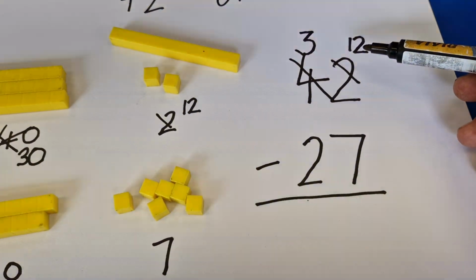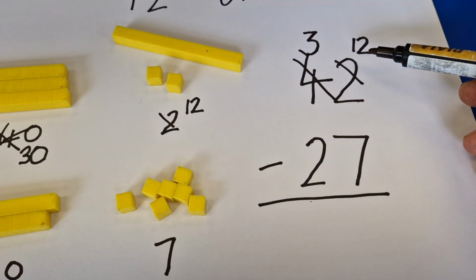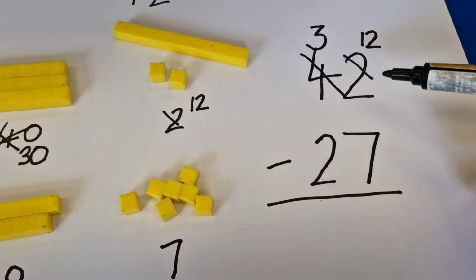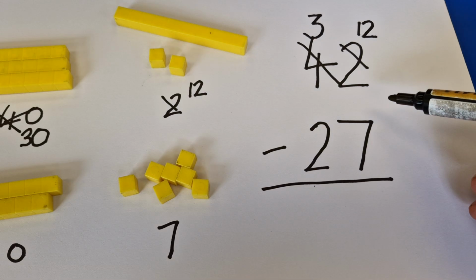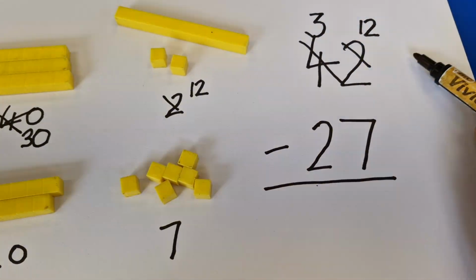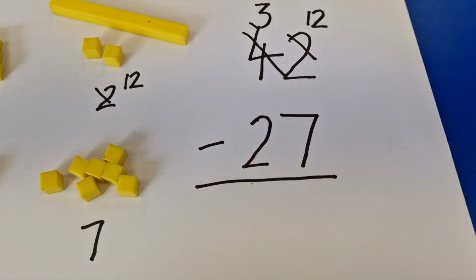But what it does is it allows you to do the takeaways, because I now have 12 here and I can take 7 away from 12. And usually what I like doing is perhaps counting up